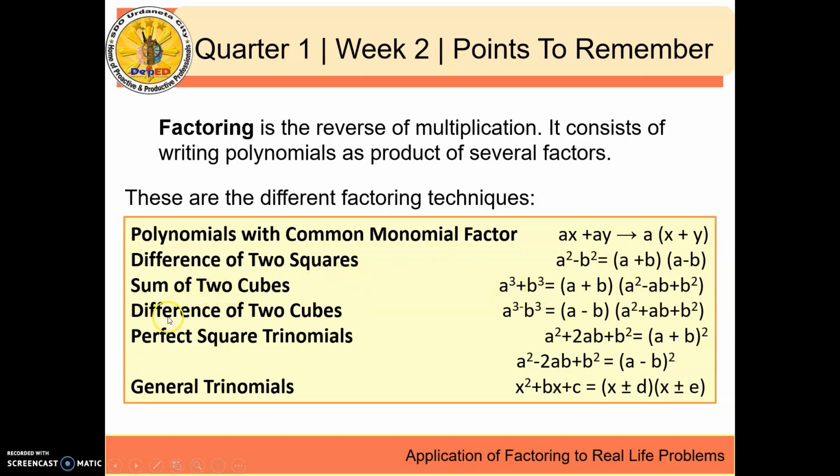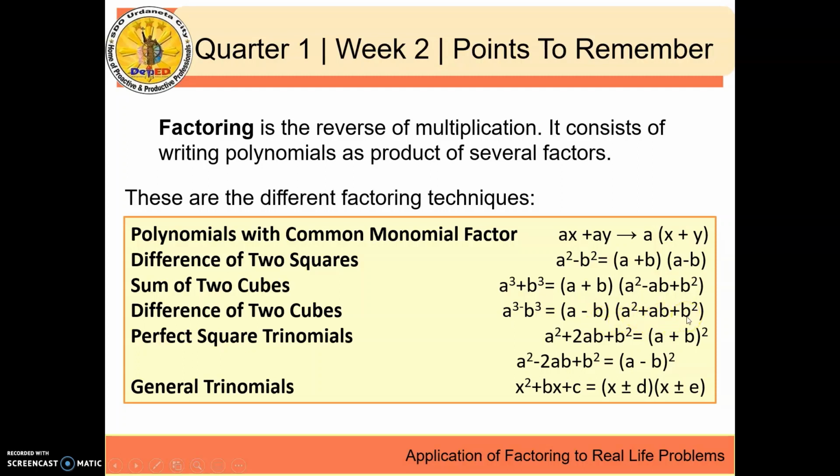Next, for the difference of two cubes, if the polynomial has exactly two terms and the operation involved is subtraction and both terms are perfect cubes, we can factor it using the pattern a minus b times a squared plus